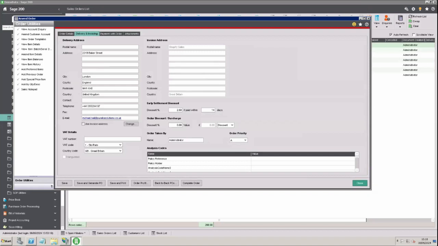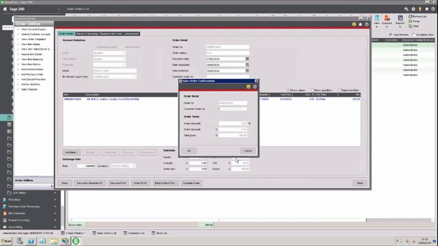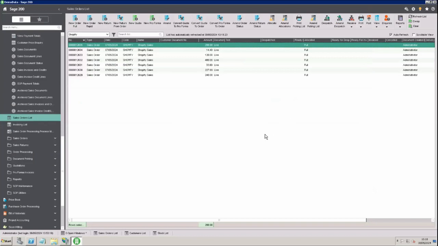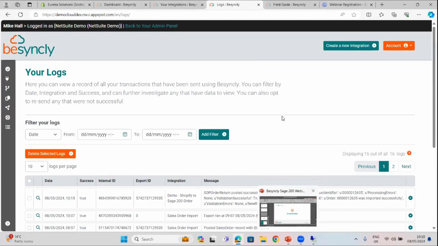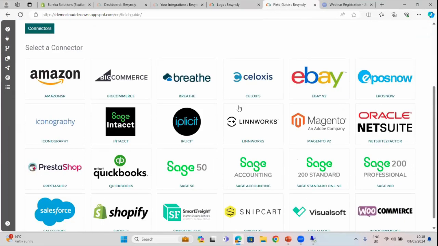Okay. So the short demo I've shown there covers off an e-commerce integration. But like I said in the slides, we can integrate anything as long as it's got an API. Some of our most common integrations are linking with warehouses and linking with EDI systems. So it doesn't necessarily need to be an e-commerce integration. Just to give you a guide of what we can import and export from Sage 200,